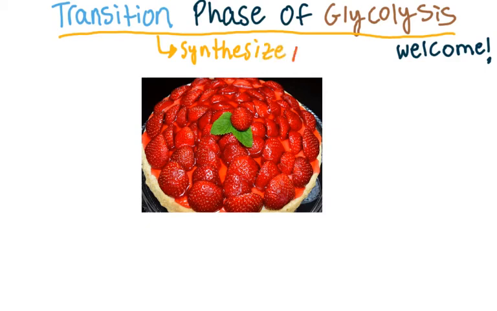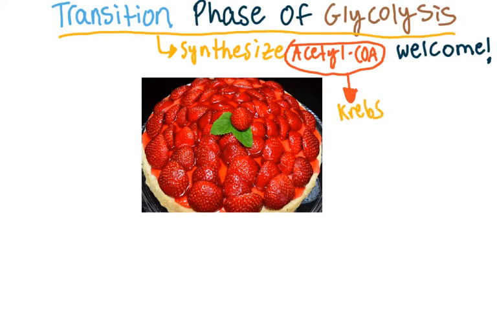Let's go and write that in red. Acetyl coenzyme A. This is the main goal for this step because acetyl coenzyme A will then go to the Krebs cycle, and in the Krebs cycle it's going to join with many molecules like oxaloacetate, but we'll talk about the Krebs cycle later in a future video. It's important to synthesize acetyl coenzyme A because it's going to go to the Krebs cycle,